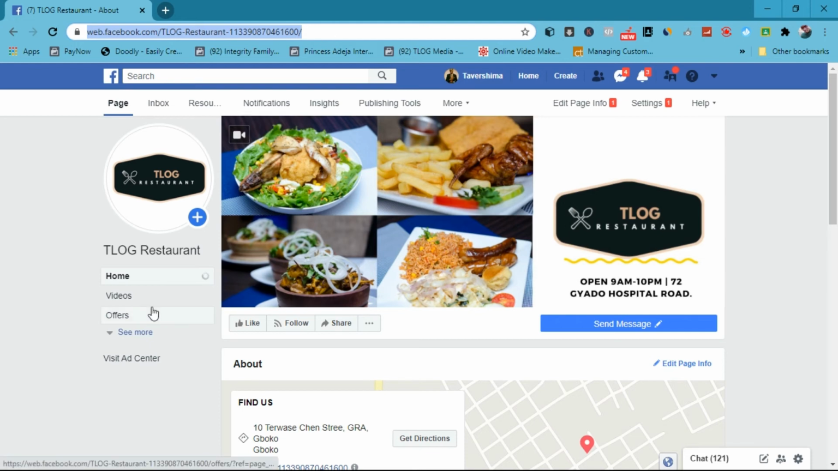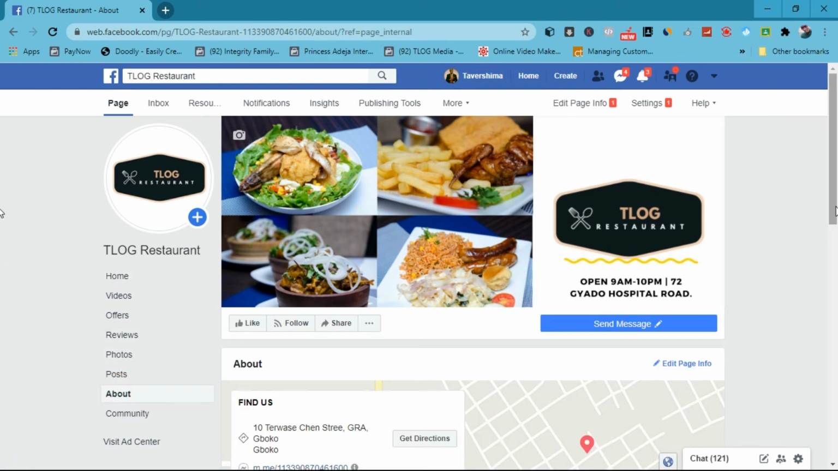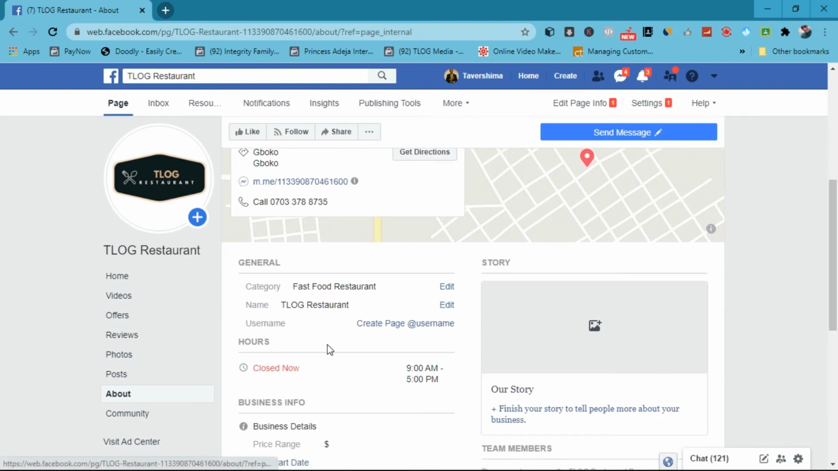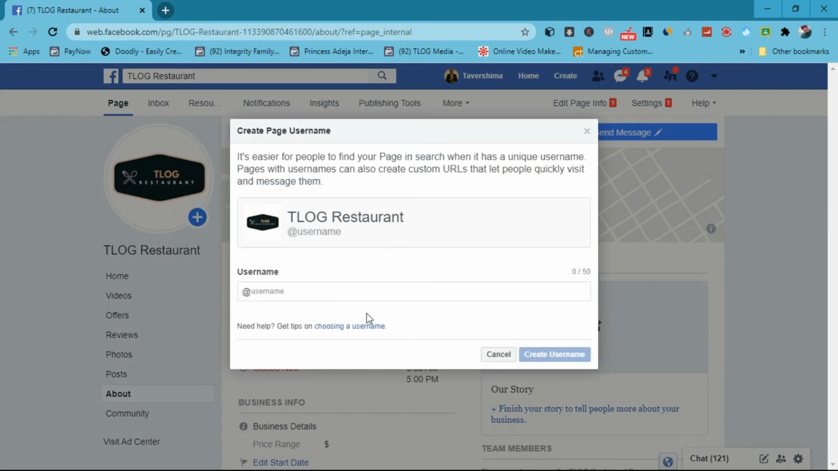To do this, we're going to go to See more here and then About. When we get to About, come down to username. It's actually the username of your page. Click on Create page username, and let's say you choose a username that will be easy for you to remember and has everything to do with your business. So I'm just going to go with TLOG